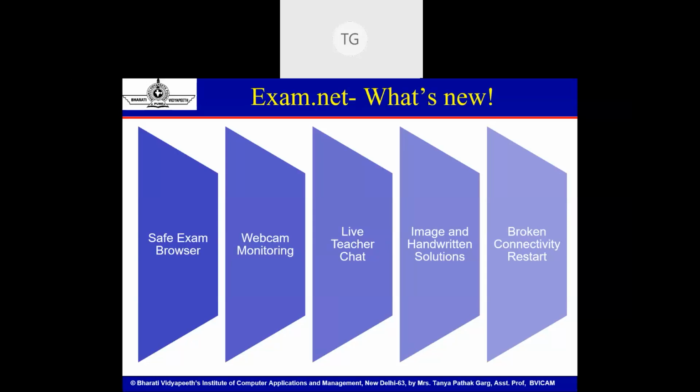Otherwise, what happens is that whenever you host an exam on Google Classroom, or on Moodle, and the student says, I had connectivity issues, the light just went off, I'm staying in some remote area of Uttar Pradesh, or probably I'm in Bihar where the situation is very much impacted due to flood, what you have to do as a teacher is create altogether a new exam. A new question paper needs to be set up, because the exam is already out. Even if the student has accessed one question, the paper is out. So you have to create a new exam. You can't take that kind of a risk at the time of university level examinations.